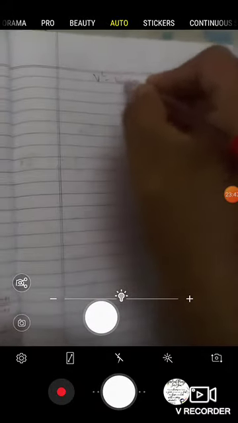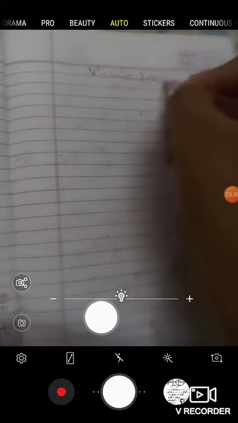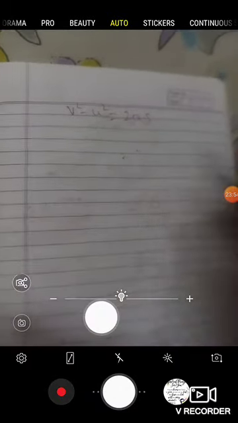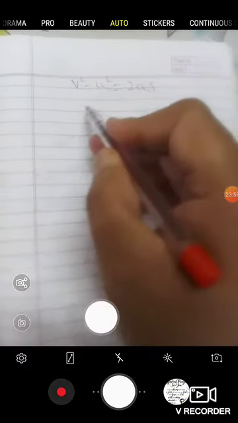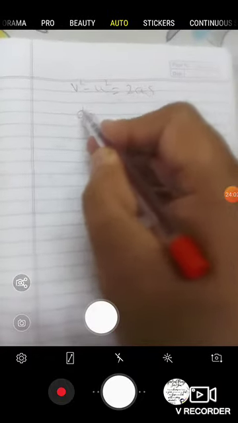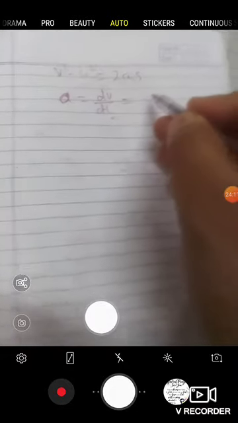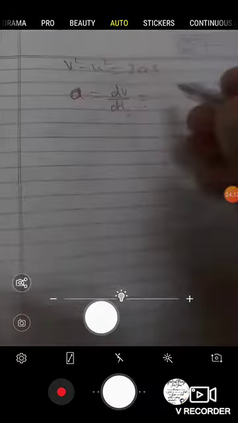Now we'll go to the next one, and we have now v square minus u square is equal to 2as. This we are going to use. Now for deriving this I will use one formula. A is equal to dv by dt, because we know that acceleration is rate of change of velocity. We have used this. Now I will play a very small trick here. I will apply it here.